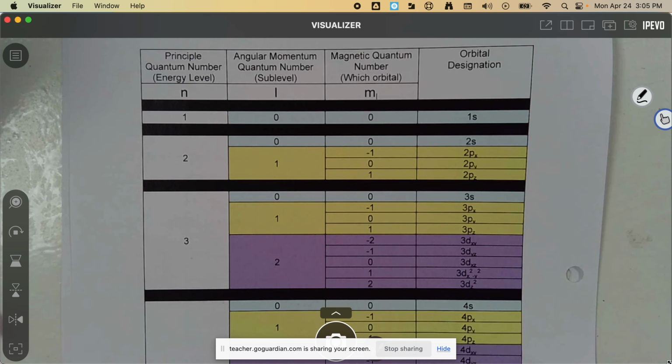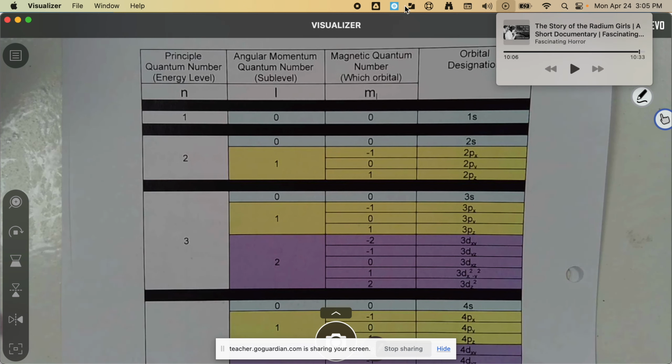Okay, I think what I'm going to do is stop there for the day, and I'm actually going to quickly print some paramagnetic diamagnetic practice for you, because in 15 minutes I really don't think we can make meaningful headway into the next thing we need to do. So I think maybe the thing to do would be to have you do a little bit of practice with paramagnetic and diamagnetic. So I'm going to print that real quick and